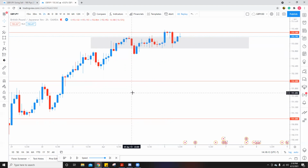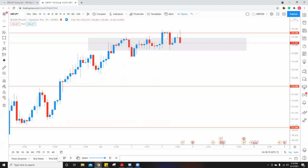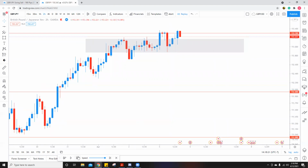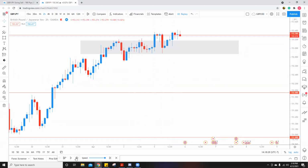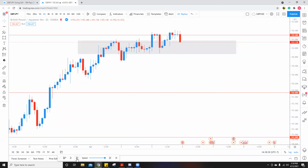So when price started doing that in New York session, we waited until Asian to see if we were going to get any movement. But even in Asian session, there were simply consolidations and fake outs happening. So this was all of Asian session on Monday. So we waited for London session at this point. After this consolidation on Asian, we waited for the London session, and then as we dropped down to the lower